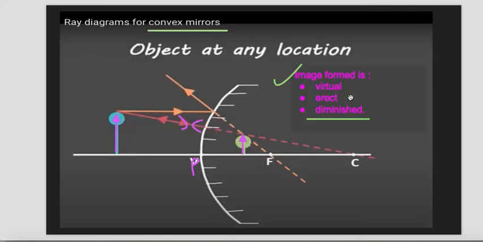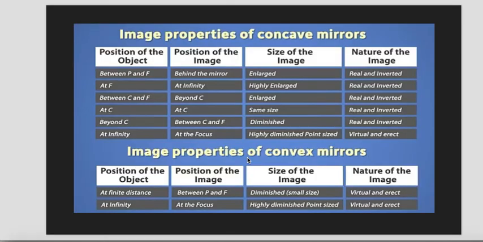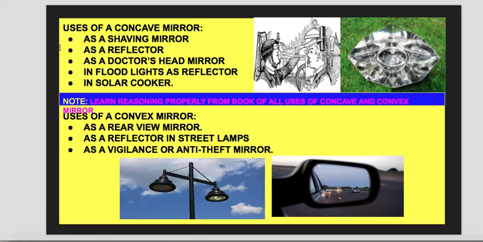Homework is, firstly, you will draw this ray diagram as it is with the characteristics, and prepare it properly. Next you are going to make two tables which are there in your book. I'm again repeating, this table is to be made from the book, and then for the uses of concave mirror and convex mirror, you are going to write all these uses with reasoning.